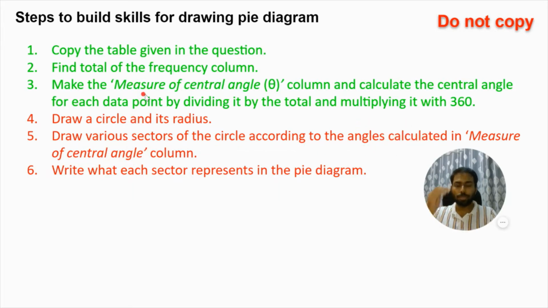So third step में जो कुछ भी central angles हम लोग ने measure calculate किए उसको मैं circle के अंदर draw करना है. Circle draw करने के बाद and finally you have to write what each sector represents in the pie diagram. Okay. So for drawing I have to draw all this, right? So for drawing I'll have to move on to the drawing board. So I'll see you all near the drawing board. Okay.